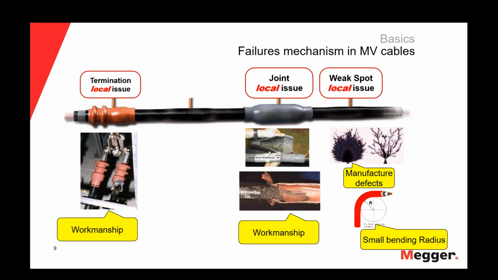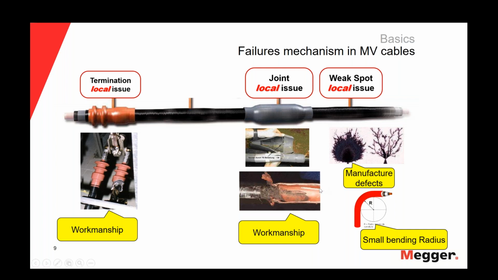It's constrained to a segment or accessory. For instance, if I have a problem in a termination, I will consider that a local problem because it's just the termination that has a fault, and if I replace the termination, the cable will recover 100% of its